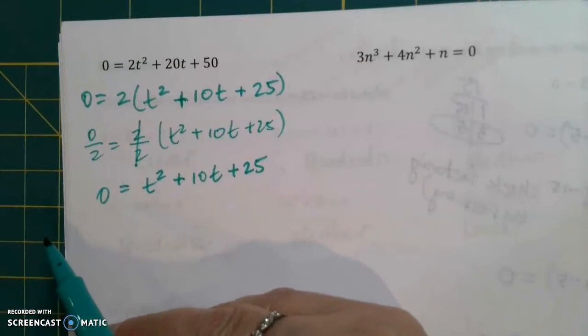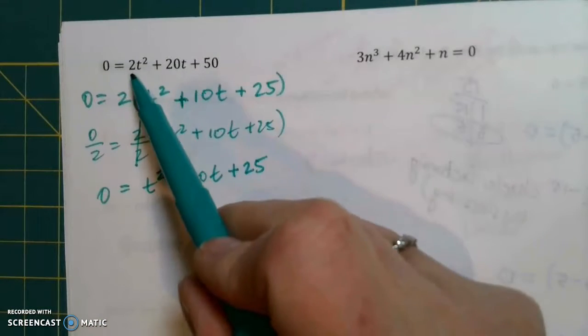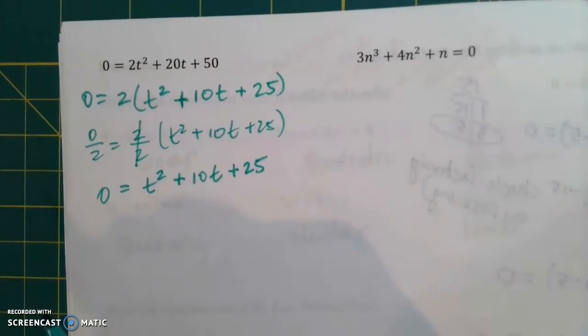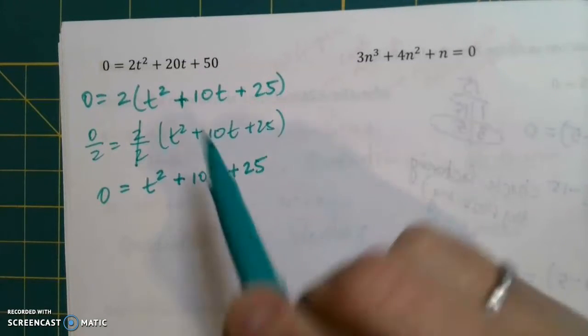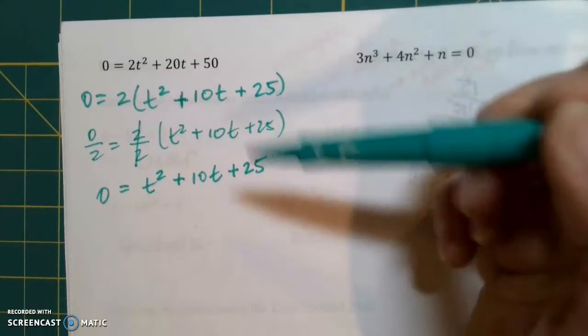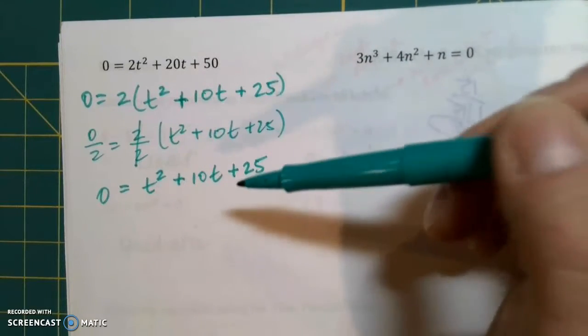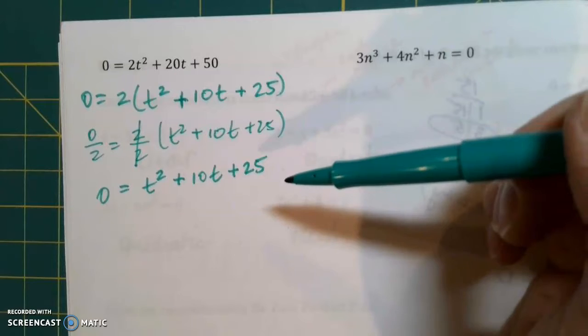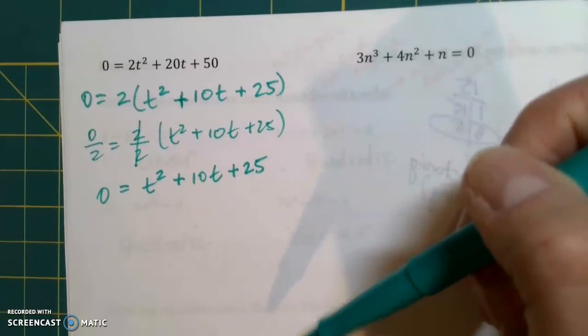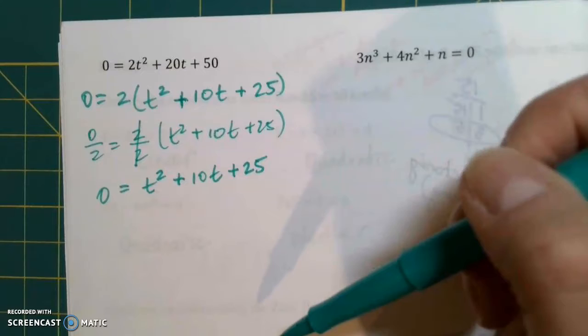And because of that, we can basically just toss it and say the answers are going to be the same as if we were finding this equation. Finding the answers to this equation will be the same. And that is the whole idea behind solving equations, is that we are using logical steps with our algebra to keep the equation meaning the same every time, but making it more simple